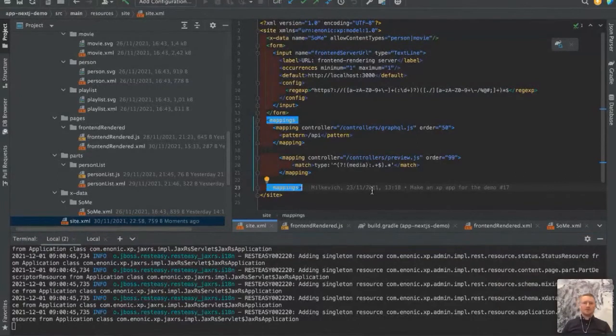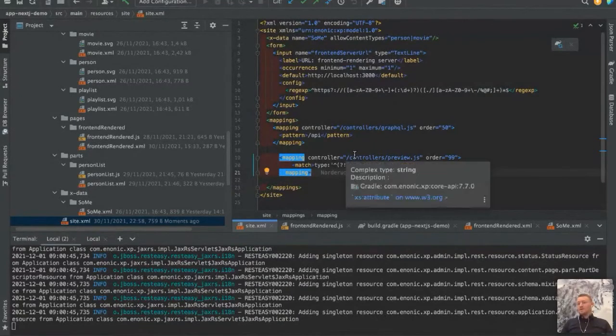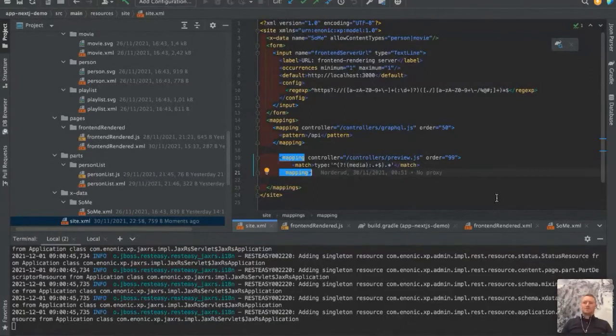For anyone who is not familiar with XP or Next, we have a guide for XP. And of course, Next is very well documented as well. So if anything is unclear, I'll be happy to answer your questions in the chat after the talk. Beyond that, I'll just focus on the general concept and how it can be used by developers to expand